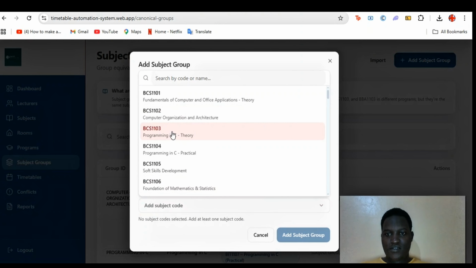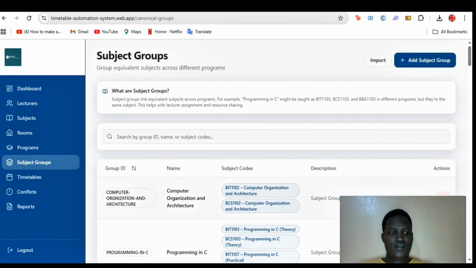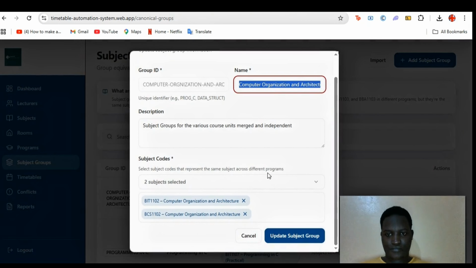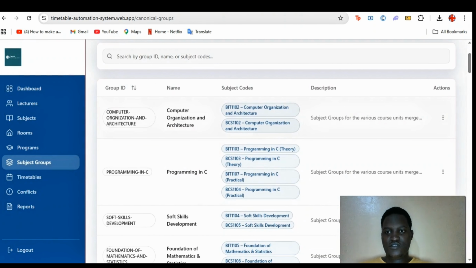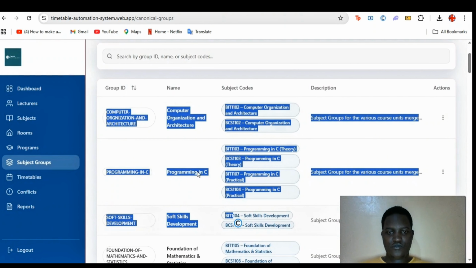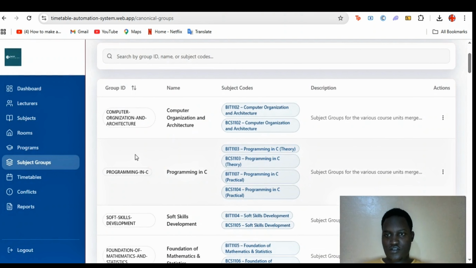So, which is programming in C for BCS, maybe programming in C for BCS2, practical programming in C for BIT. You add all the different course units, and then like we have here, it's offered by BIT and BCS, and then you just update or you just add it. So how the system works is the system will use specifically these subject groups to do the scheduling, even